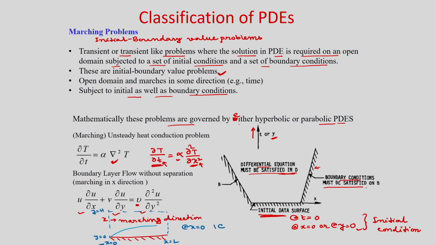So, you can see, although the time derivative is not there, it is an initial boundary value problem or marching problem, and the marching direction is x. So, it is a tangent-like problem, and if you have a time derivative, obviously it is a time marching problem in the direction time. We have discussed the physical classification, equilibrium problems and marching problems. Now, let us discuss the mathematical classification.